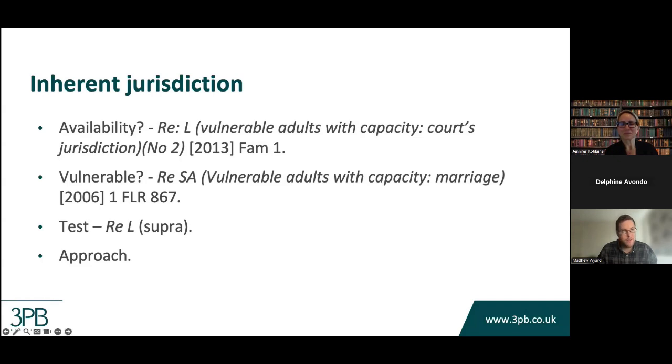Obviously, you'll need to read around the area in order to start out in your first case. As I say, look at the Mental Capacity Act 2005, look at some of the case law, look at something called the Blue Book, which is the Court of Protection practice. It's the COP equivalent of the Red Book in family law.